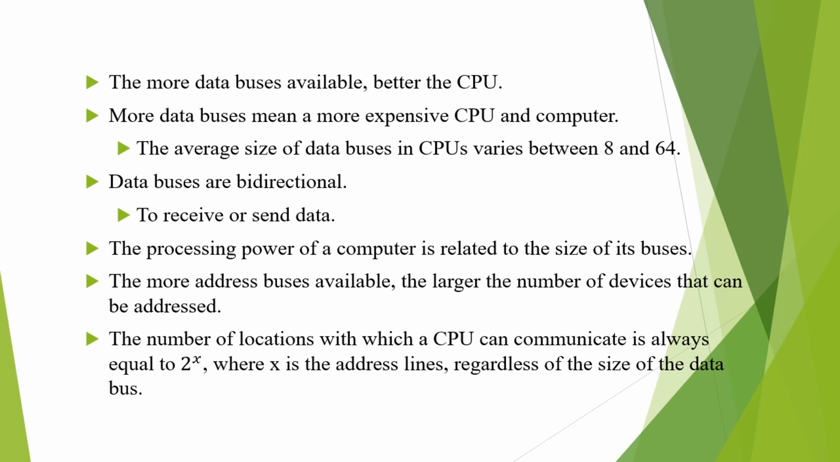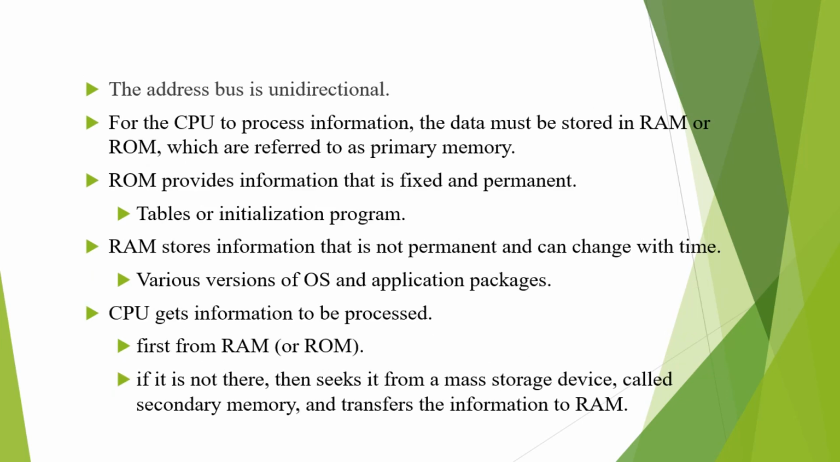The number of locations with which a CPU can communicate is equal to 2^x, where x is the number of address lines, regardless of the size of the data bus. The address bus is unidirectional, that is, the CPU will send the address of the device which is to be